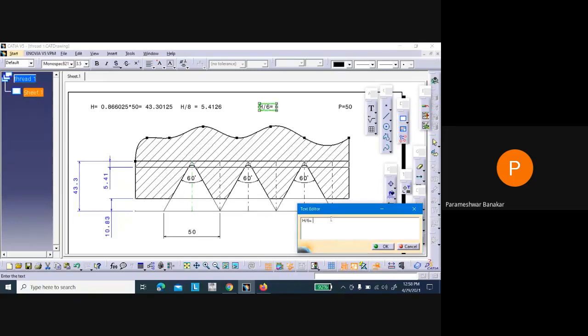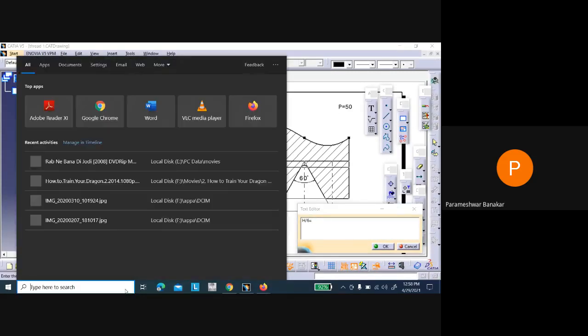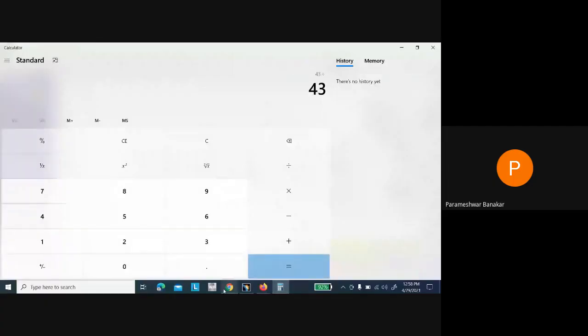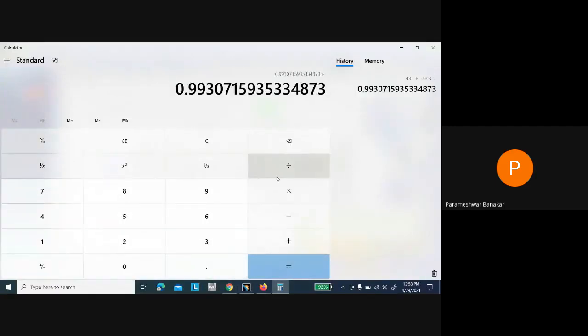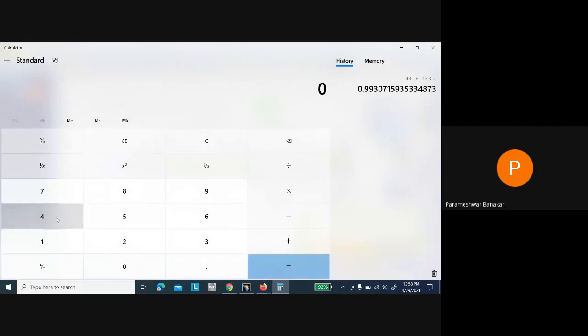Can somebody tell me the answer? H is 43.3 divided by 6. What is the answer? 43.3 divided by 6.